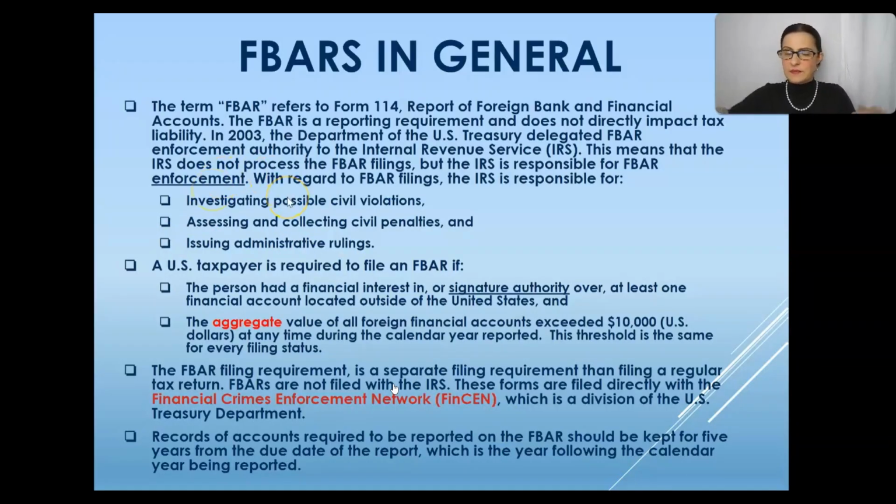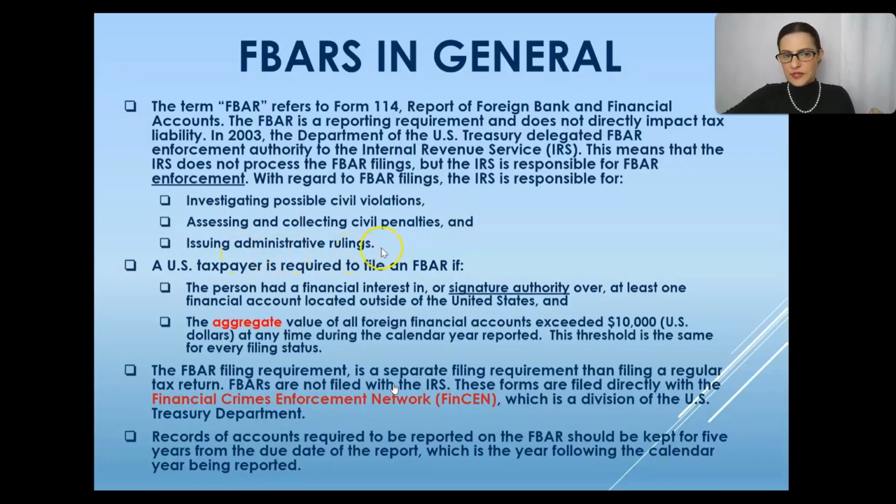Both of these entities, both of these departments, are under the umbrella of the U.S. Treasury Department. The U.S. Treasury Department is the big umbrella, and then FinCEN and the IRS are little umbrellas below the big umbrella. The IRS and FinCEN work together, basically to combat money laundering. With regards to FBAR filings, the IRS is responsible for investigating possible civil violations, assessing and collecting civil penalties, and